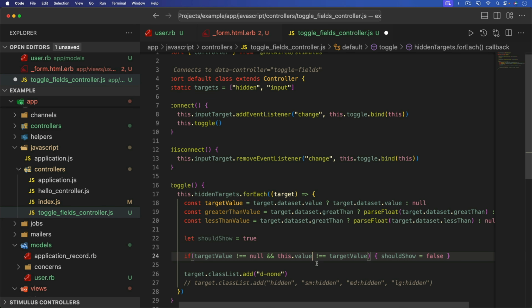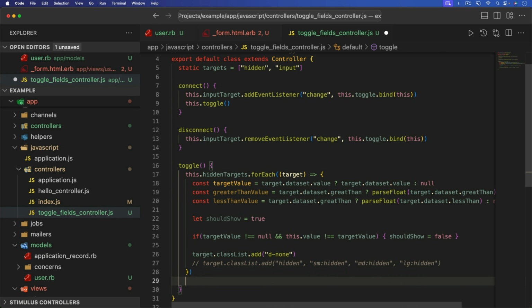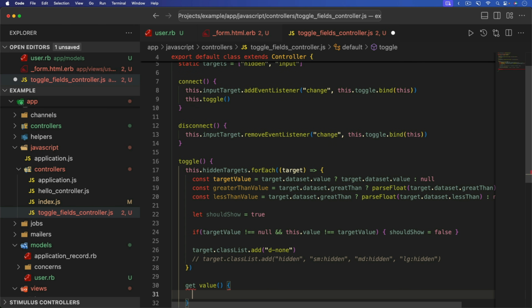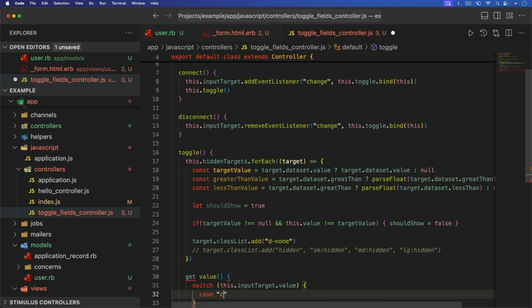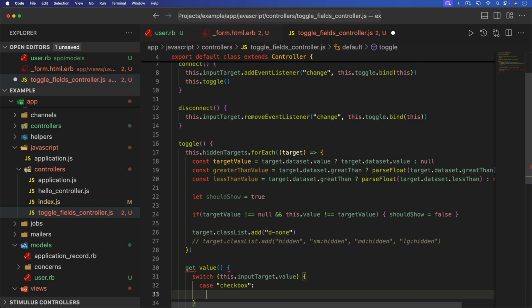That does mean we need to create another function, and it's going to be a getter function. So we'll have a value, which does require a return. But we could do a switch case on here, and we'll do a switch for this.inputTarget.value. In the case of a checkbox, we need to do one thing. So we could do a return this.inputTarget, but instead of .value, we could do a checked,